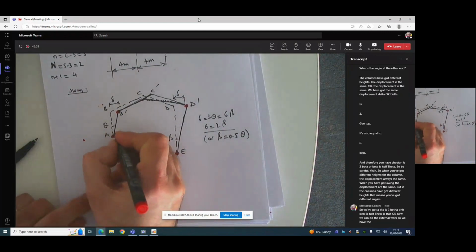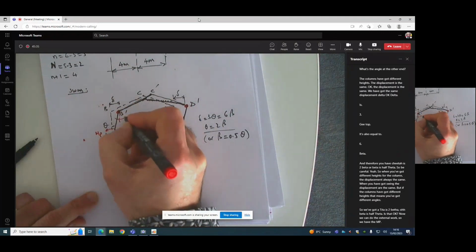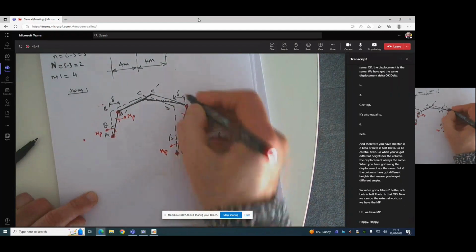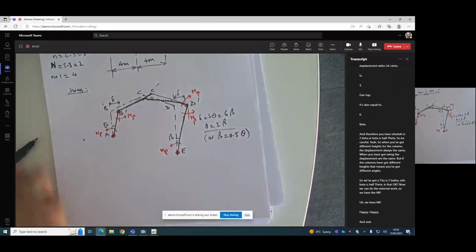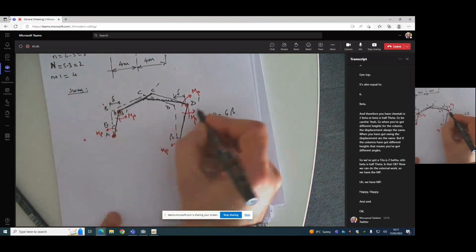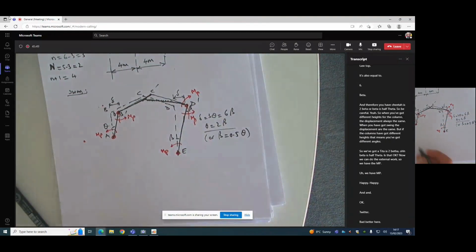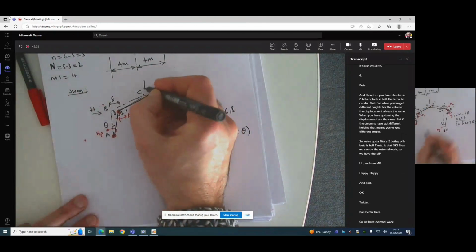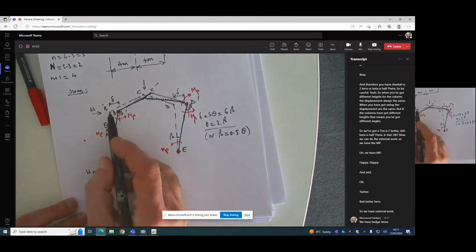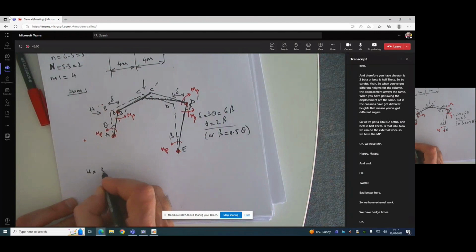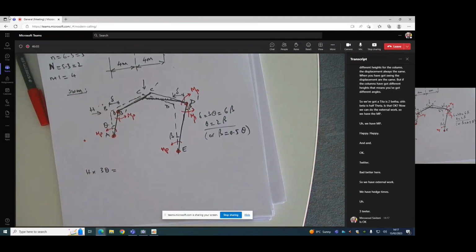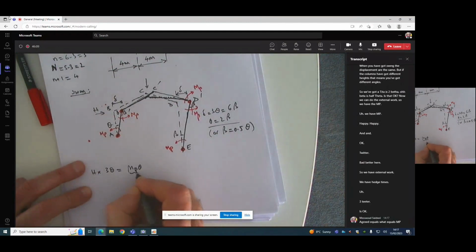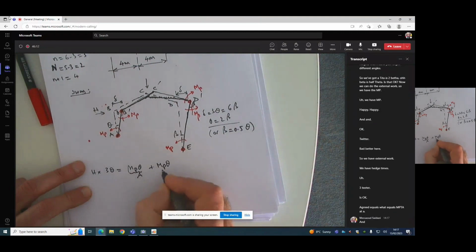So we have MP, MP, MP, and MP. Okay? Theta and beta here. So we have external work. We have H times 3 theta. Is that okay? Agreed? Equals what? Equals MP theta at A, MP theta at B,